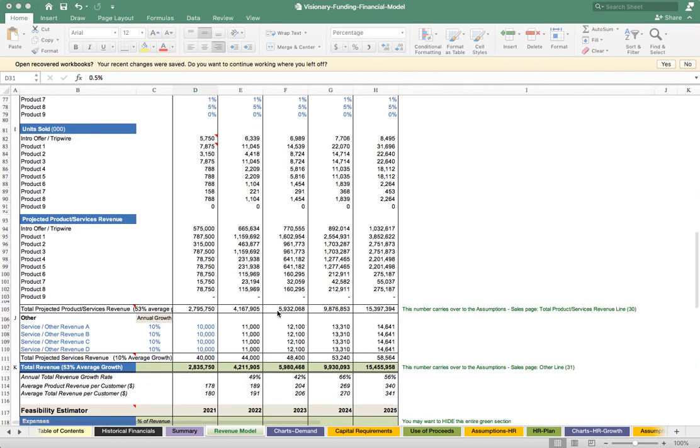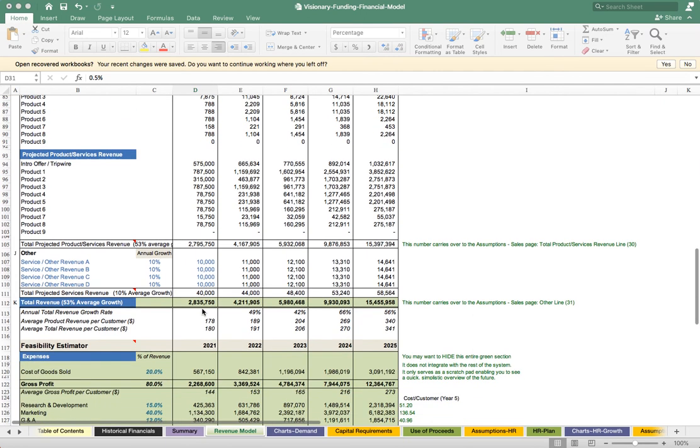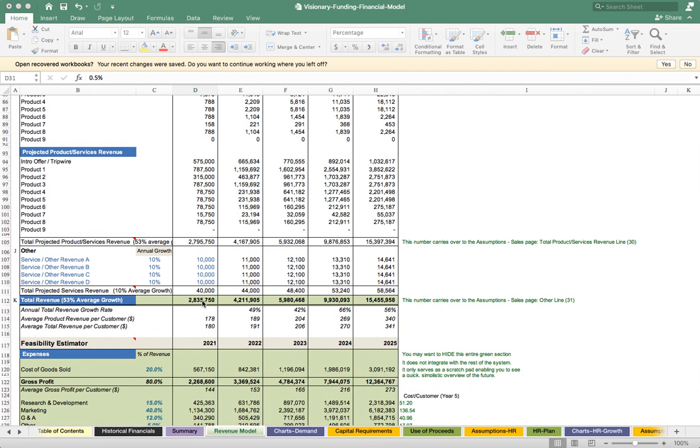And down below here, you can come up with a number. I'm always amazed at how many people start out with saying, oh, our first year we're going to do $1 million. But they have no idea how to build that number. Of course, this number is bigger. But nevertheless, you want to show your investors how you got here from there. And that's what this model is all about, is showing you how you build up your numbers from the bottom up based on the world out there, your market share that you're going to get, the prices, probability of purchasing,